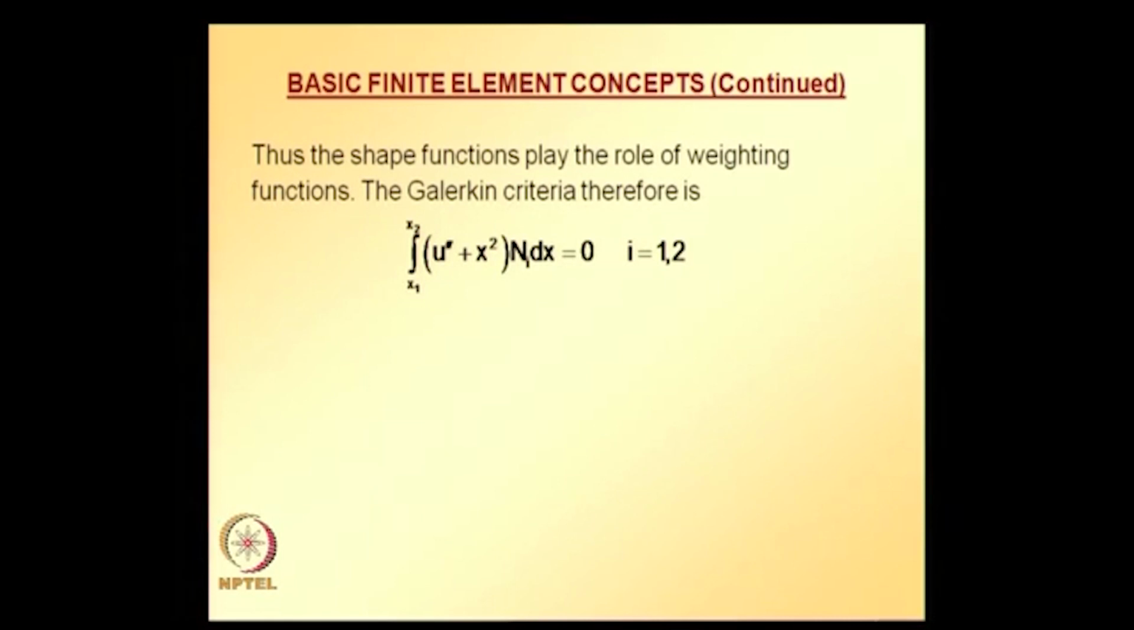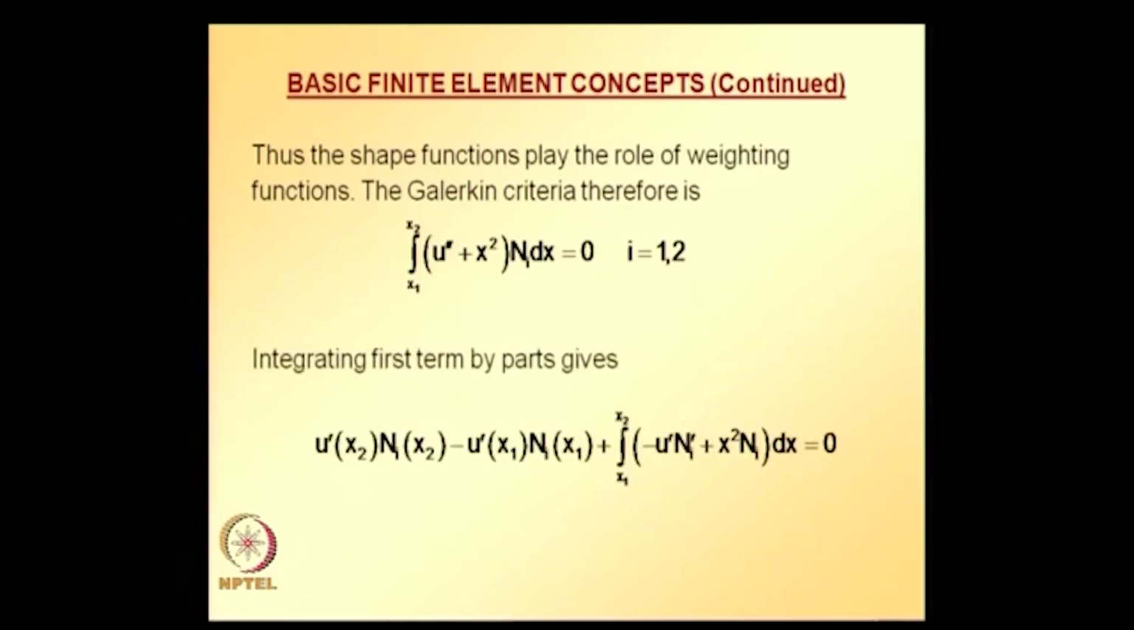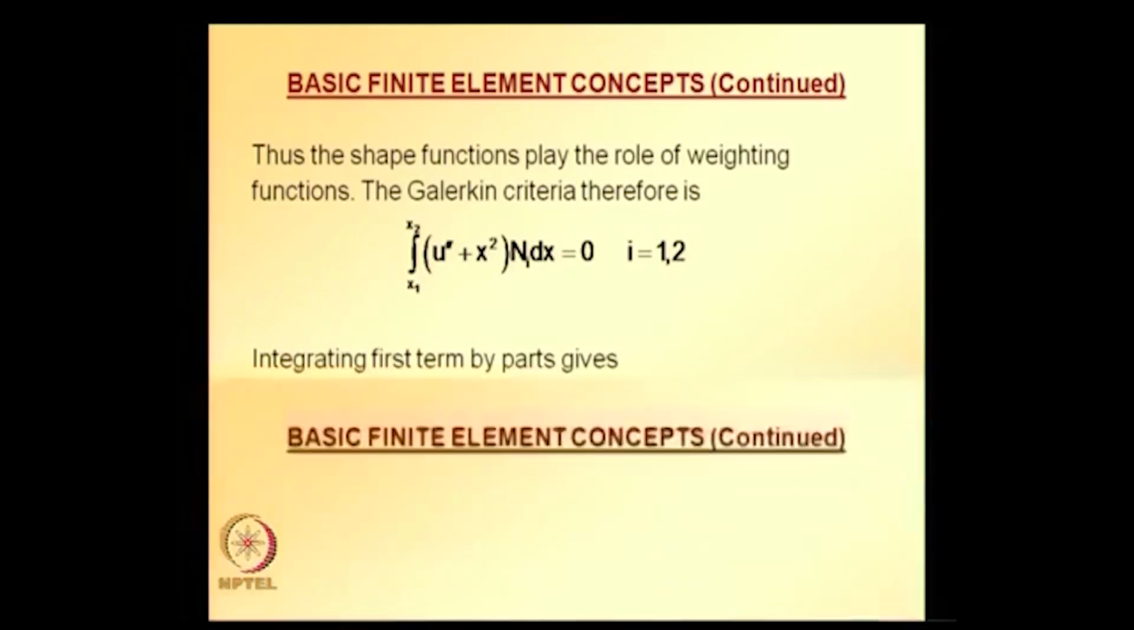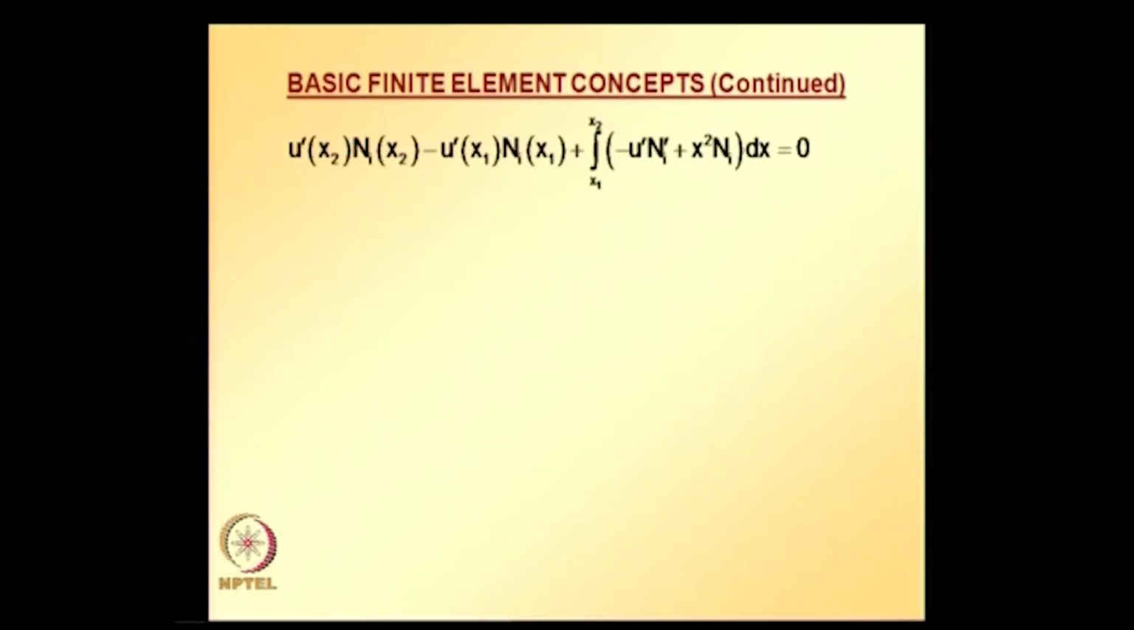and you know the Galerkin criterion is like this: integrate the given differential equation multiplied by a weight function over the problem domain. Here there are two weight functions N1 N2. So you get two equations, i taking values 1 and 2, and this is the weight function here. Before we proceed, what we can do is reduce the order of differentiation by using integration by parts, and note that this can be further simplified,